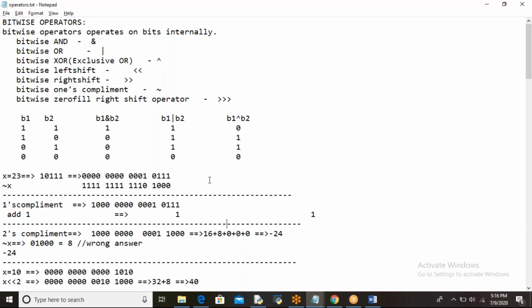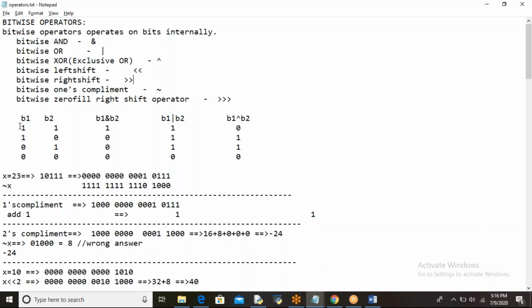Coming to these bitwise operators, they operate on bits internally. Got it? Because whatever data you enter into the computer, all of it is converted into zeros and ones, because that is understandable to the computer, right? So that's why bitwise operators operate on bits internally.